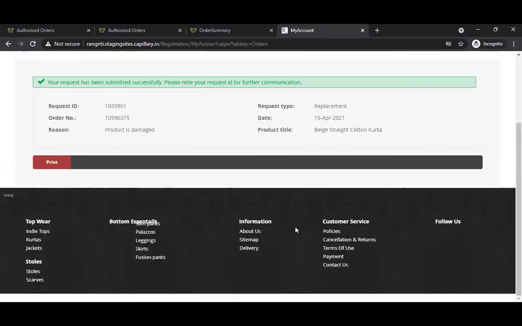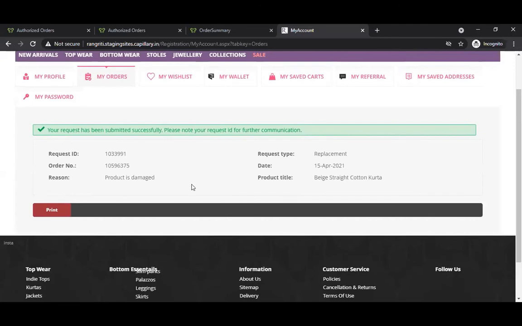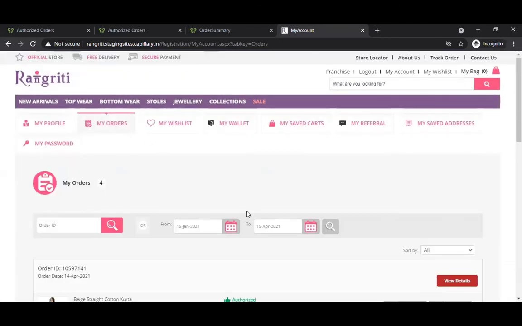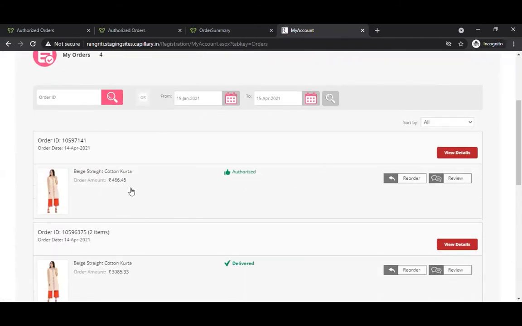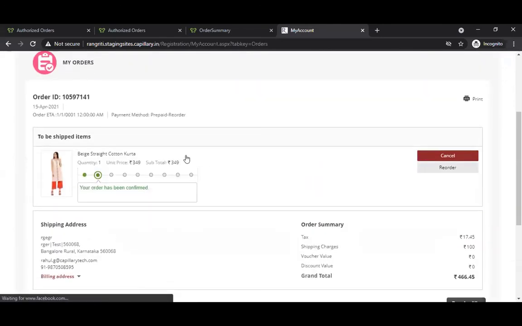Upon placing a replacement request, the backend system basically ends up doing two things. First, raising a return request for this particular product, and second, creating another order in authorized state in the backend against the product that I have ordered again as a replacement product. Now, since we want to stop this particular product from getting worked upon and delivered, we have put this product in the backend on hold.